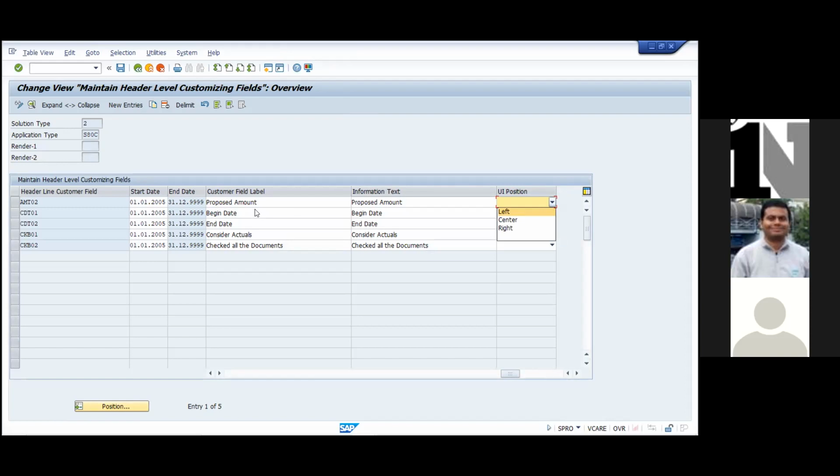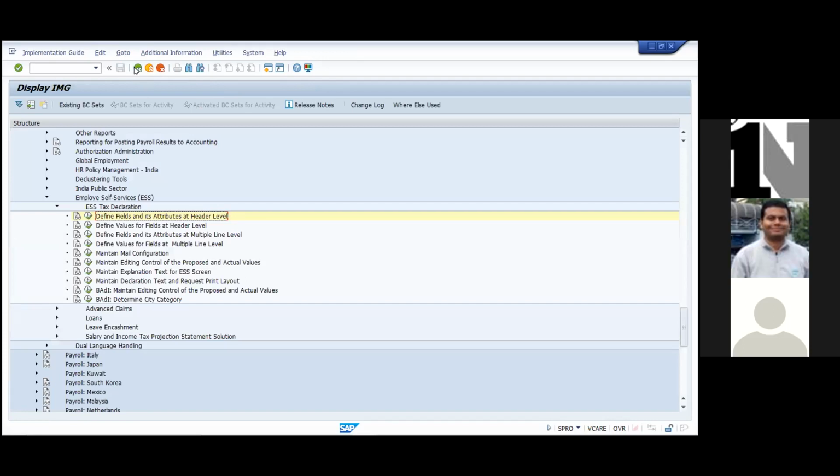Now you go back. So, sir, we have to do all those things like payroll, with payroll also we have to do all those things. As an implementation, generally there is an ESS consultant. They generally do it, but you should know it is better actually. Suppose there is any issue, then you can solve these things.